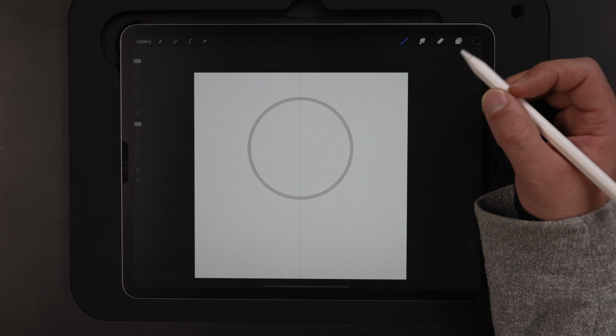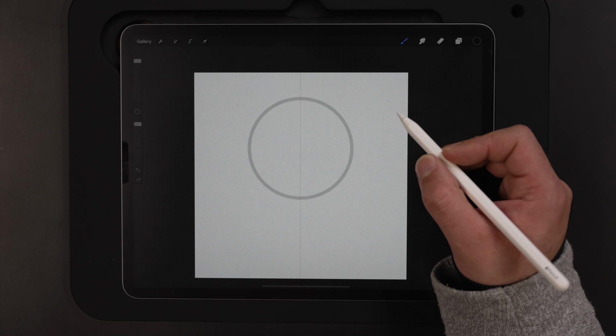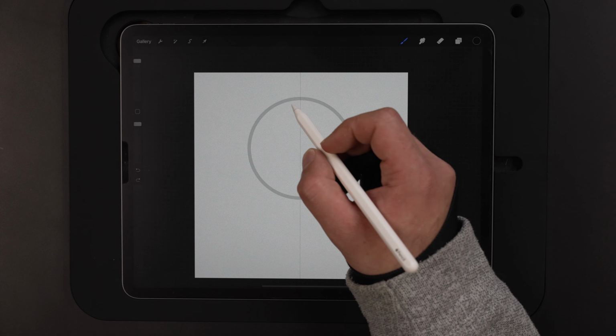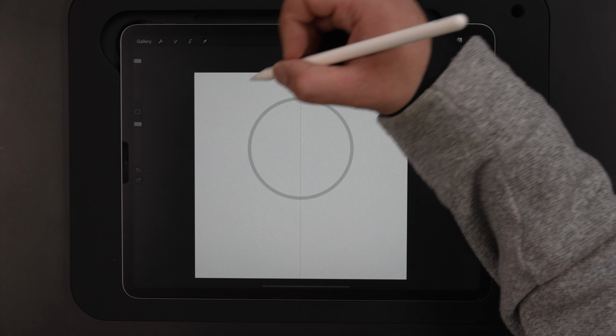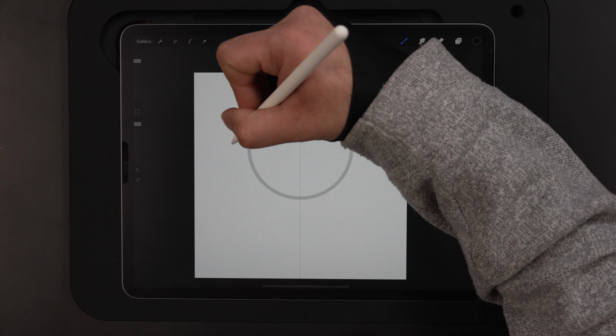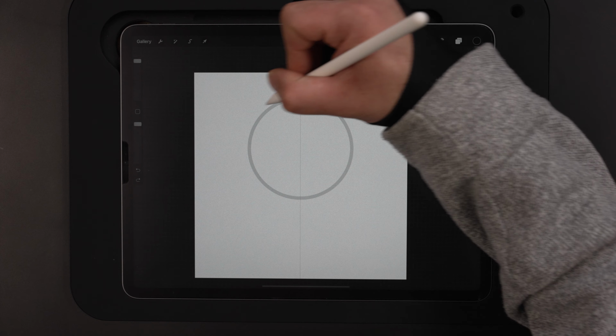So let's start with the head here. This is the top of the head. This is the bottom, the chin area here. And of course, Frankenstein's monster kind of has that flattened head, but let's make it curve just a tad. So we're gonna come outside past this circle here, and then we're just gonna go ahead and draw a curved